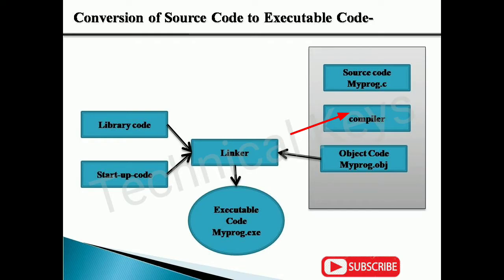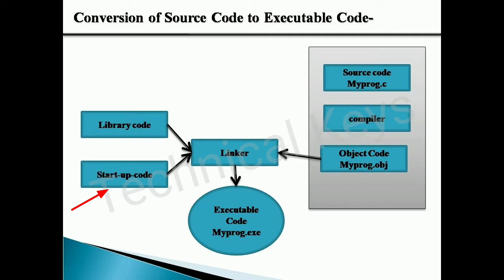Basically this object code will have machine language, that is, it will be in the form of ones and zeros. So I have created my object code. I know that my ones and zeros file, or my binary file, or my machine language file, is necessary, but to run that file it is not sufficient. Even if I have my file with ones and zeros, it is not in a ready-to-run state. This file will not be available for me to run. So for that, what I need is two files. The first one is the library code and the second one is the startup code.